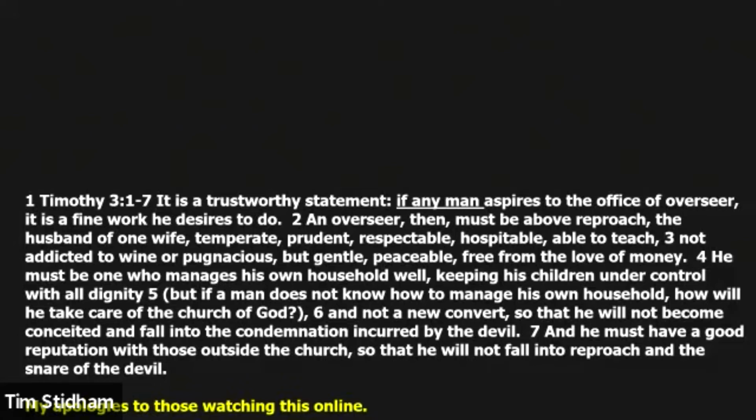1 Timothy 3, from the Greek interlinear here: trustworthy is the saying, if anyone. I think Paul could have chosen the word aner if he wanted to here, if any man. Some of the translations translate it "if any man," but it doesn't say any man. It says if anyone, an overseer, aspires to, of a good work he is desirous. It behooves therefore the overseer to be above reproach. And then we see mias is one, gune is wife, aner is husband, sober, self-controlled, and it goes through all this